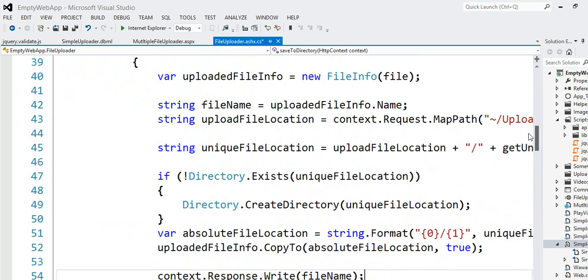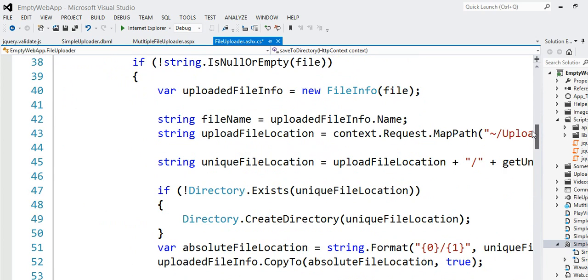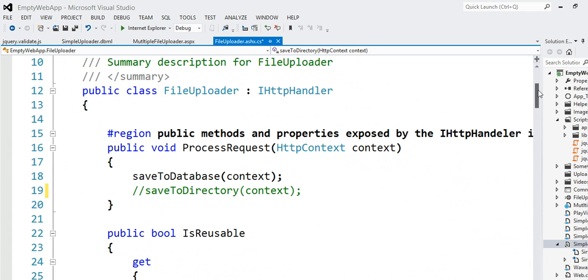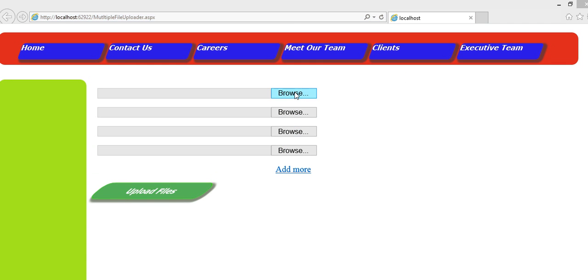Anyway, this is one of the ways that you can use the FileInfo object by using an ASP.NET generic handler. I hope this tutorial has been really helpful to you guys. So basically, let me see if I run this. My application is basically the same. So if I try to